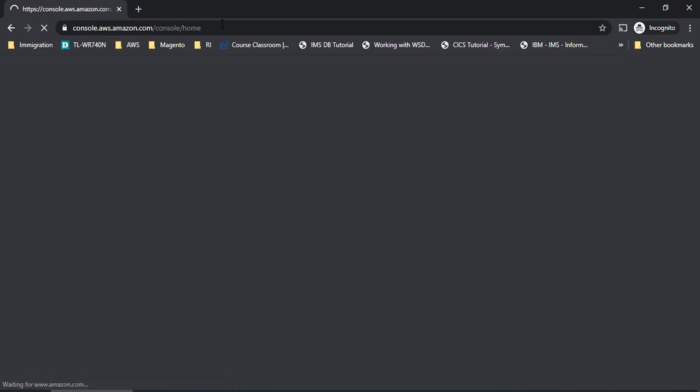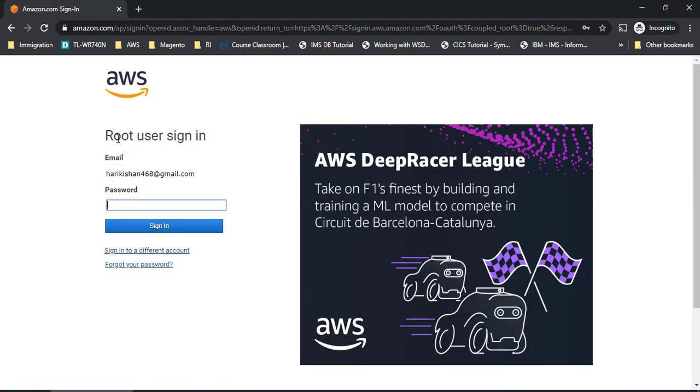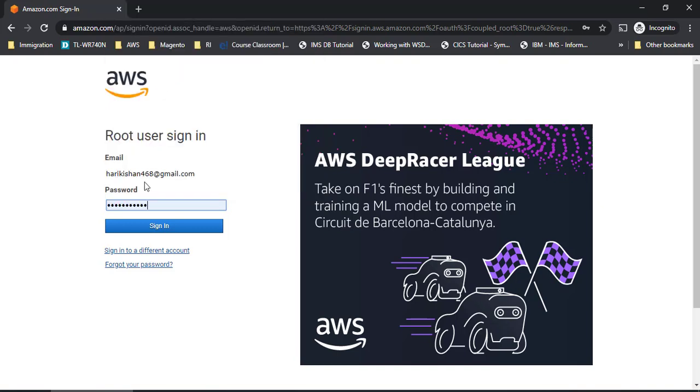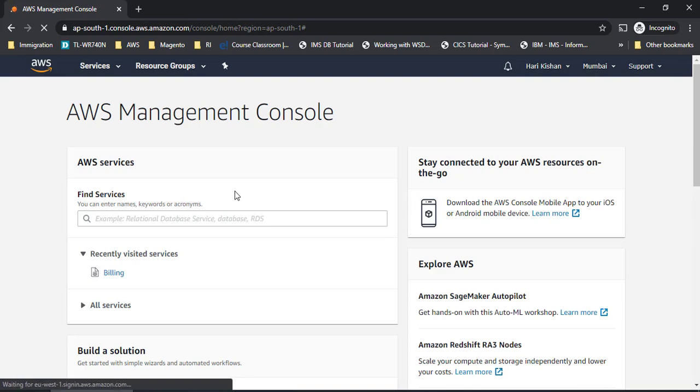So when you are trying to enter into the console, it asks you for a login ID. You can see here there is a root user login ID. We will discuss this in more detail, but for now let me log into my root account. In case you had any issues while creating an AWS account, you can refer to the troubleshooting in the previous lecture, which I have already added. It has all the troubleshooting options as well. In case you are still stuck with the account activation, please reach out to me in the comment section below. I'll be able to help you with all the troubleshooting options.